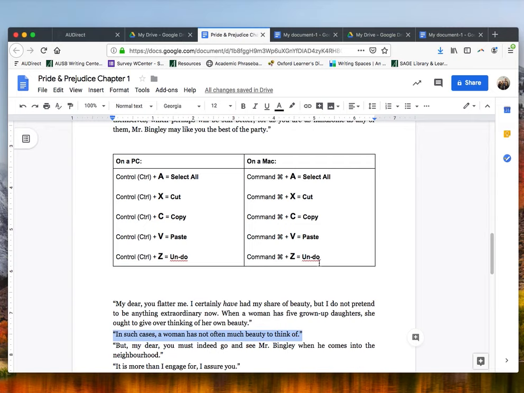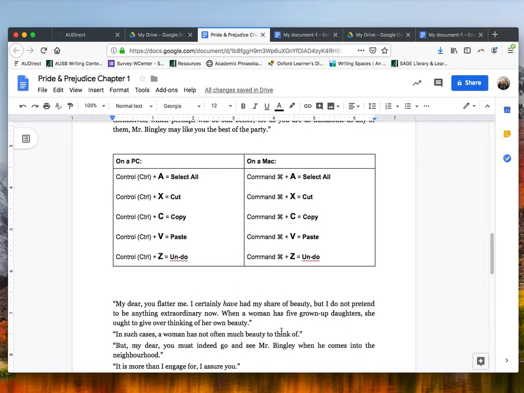First, I'm going to copy this and I'm going to come and paste it up here. So I'm going to copy it with the control or command C and then paste it with control or command plus V. Or I can, let me undo, and I'll do the same thing. I can cut it with control or command X and then paste it with the V. So if you cut it, it just deletes it and then you can paste it somewhere else. Or if you copy it, it will stay put, but then you can also paste it again as a copy